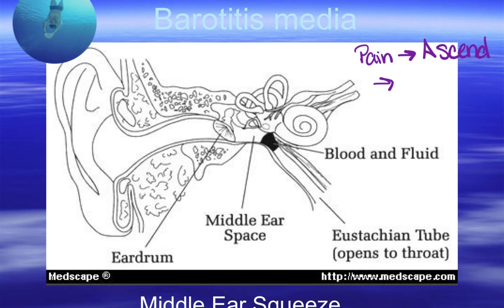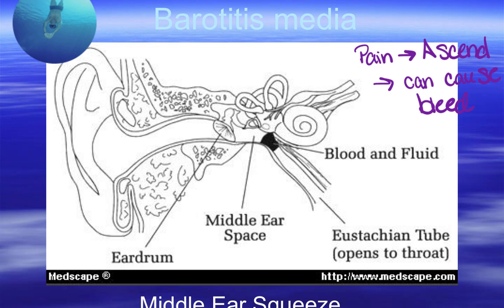Now, if they ascend too fast, then they can have other issues, or it can cause them to bleed. So it can cause bleed. So your pressure is not being equalized. And then we can lead to middle ear barotrauma. So that means that whatever is happening here, we can damage the tissue, we can rupture an eardrum,